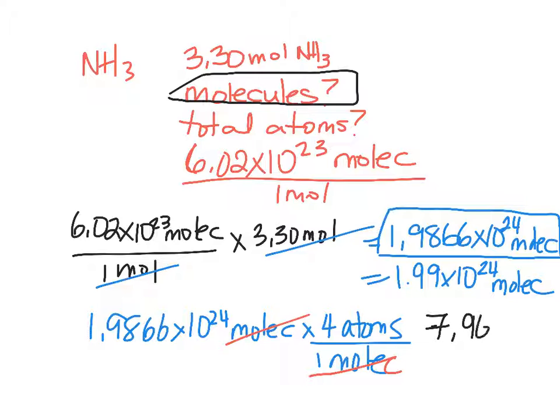Is it 7.96? About? No formulas required. You don't have to rearrange any formula to get the answer. You just use your units on your quantities to drive the math. But you always set it up as a times. Each number is multiplied by the previous number. So if you want to copy that down,